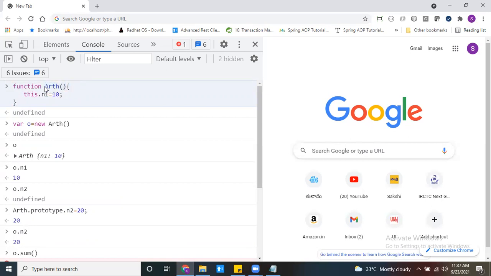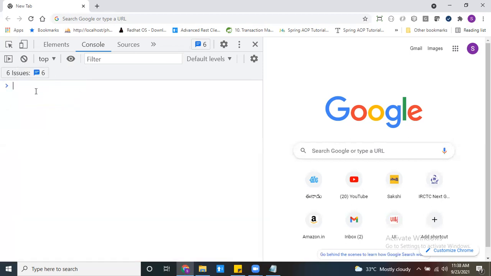Why? Because arithmetic is a class name, and this particular function also acts as a constructor. At the time of creating my object, this function is going to execute, so it acts like a constructor also. Finally, we can say it's a constructor class. Perfect, that is for functional classes.